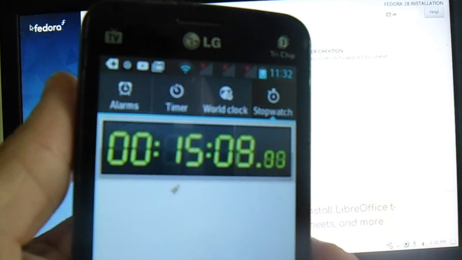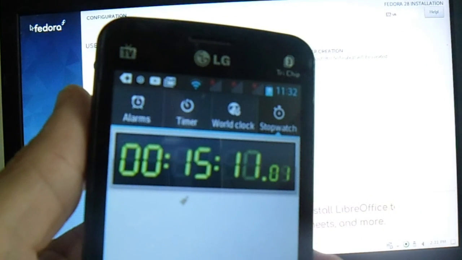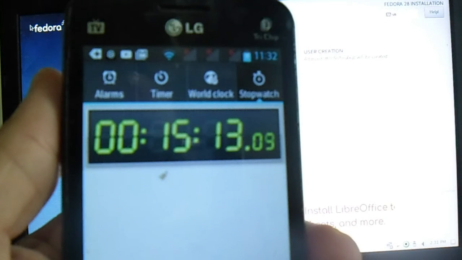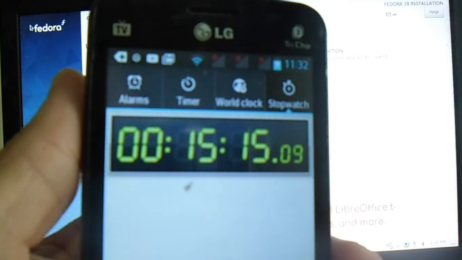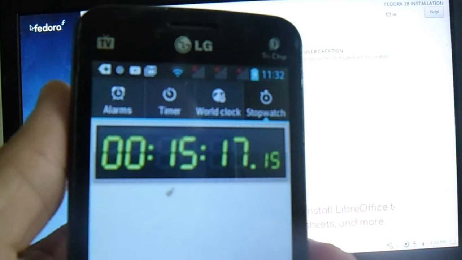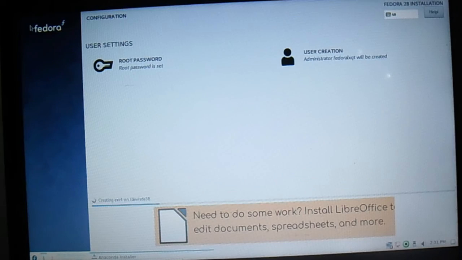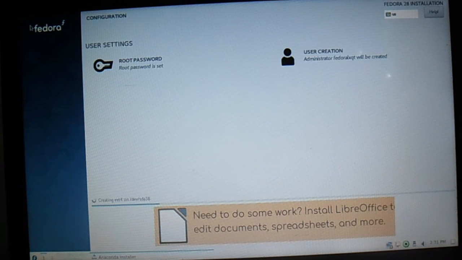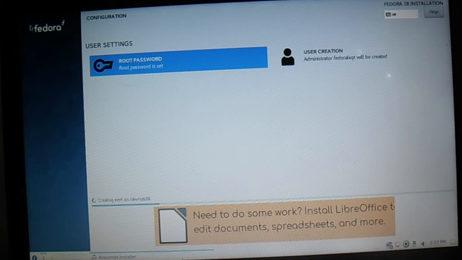It started 2:17, and I will take a screenshot of the install with the time. So I should have done that before I started the installation, but I forgot to do that. But anyway,